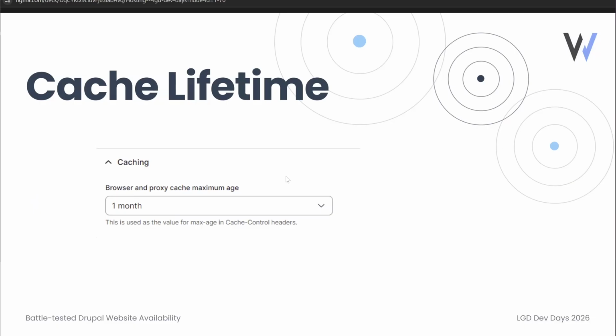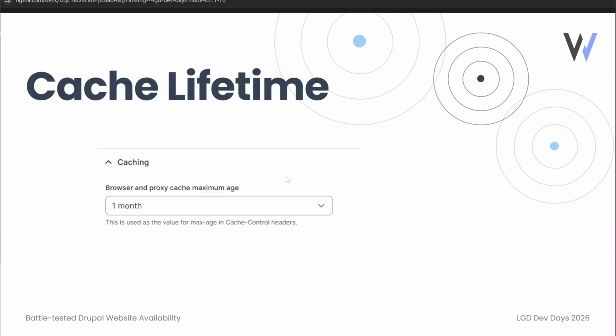cache lifetime that's being sent to Fastly, but Fastly is then sending content to users with a short cache lifetime, or no cache. So whenever a page changes, Fastly is informed, and then users can fetch the content. If it's been modified since their cached version, then Fastly will send them the new version. If not, then they can use their browser cache. And you're basically having your cake and eating it. Nobody sees any stale content, but everything's cached for a long time, and you get high hit rates, which are